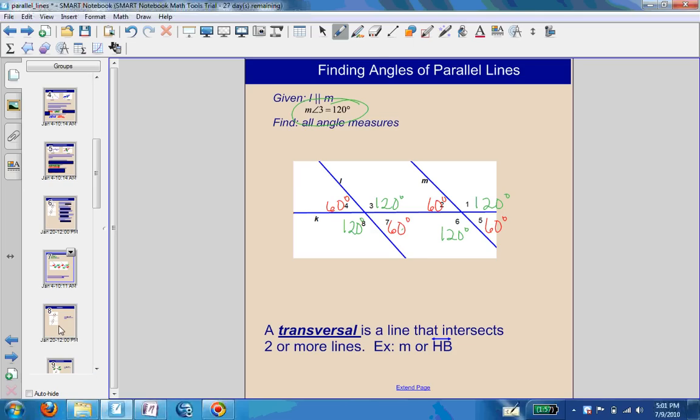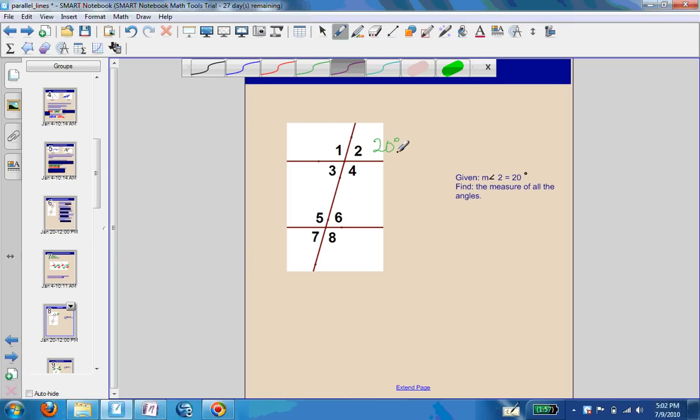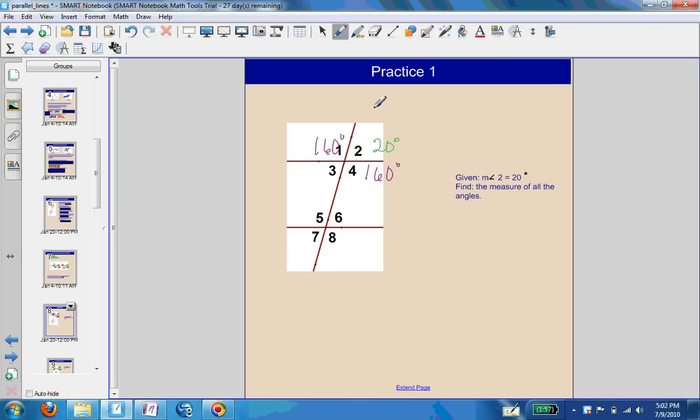Let's do another example. So this is your classic picture, and we know angle 2 is 20 degrees because that's given, and we're to find out the measure of all the other angles. Well, let's start a different way this time. I'm going to start with 4 being supplementary. So these 2 have to add up to 180, so this has to be 160. And then I know automatically that this one's also 160 because it's vertical, or because it's supplementary to 2, and I know that 3 is 20 because it is vertical to 2 and supplementary to 4 and supplementary to 1. So now I can use